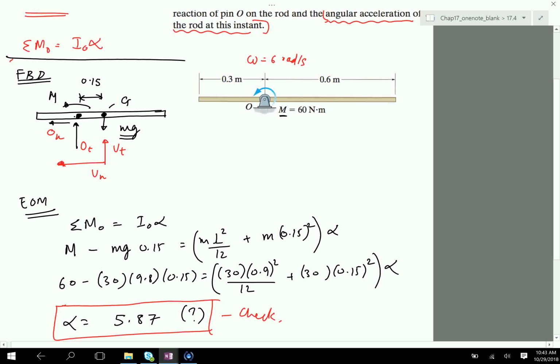Okay, any questions on this? So this is just alpha, but you can also